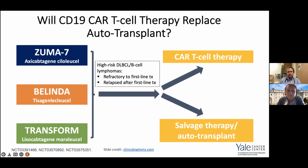So what was exciting at this year's ASH was that there have been efforts made to move these CAR T-cell therapies further upfront in the treatment of patients with lymphoma. And the question arose, well, given that this type of therapy is doing so well in the relapsed refractory setting, could it potentially replace autologous stem cell transplant? So there were 3